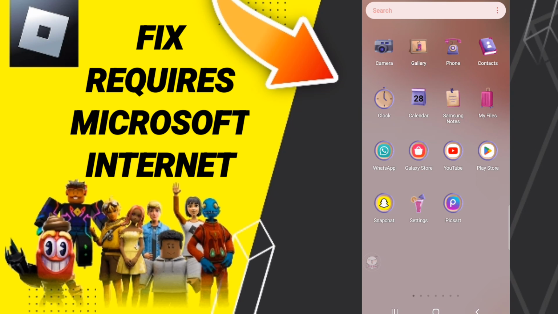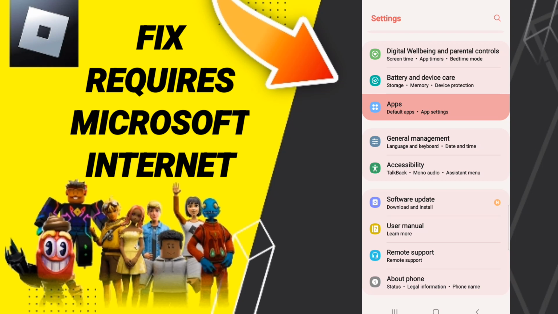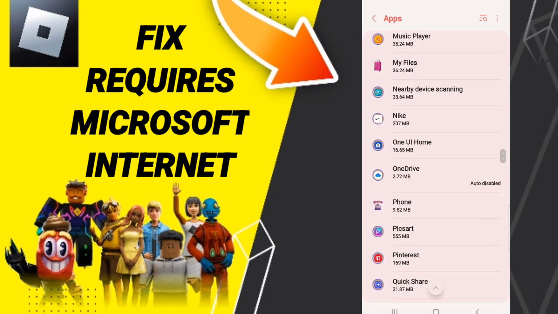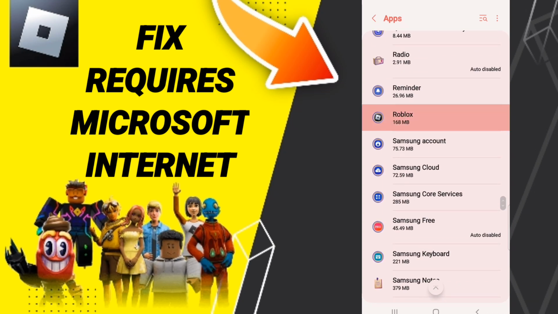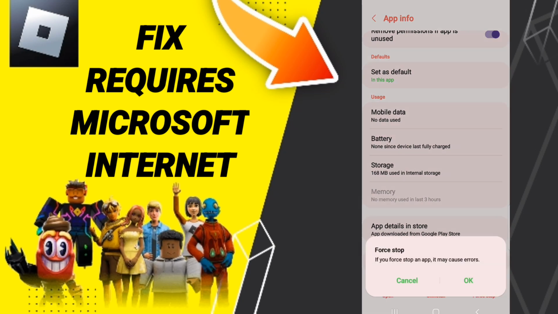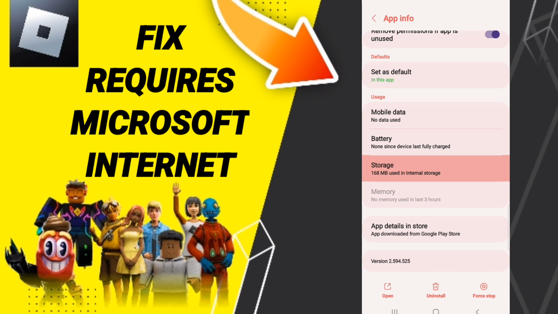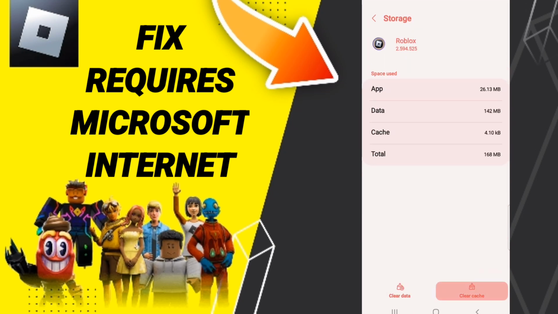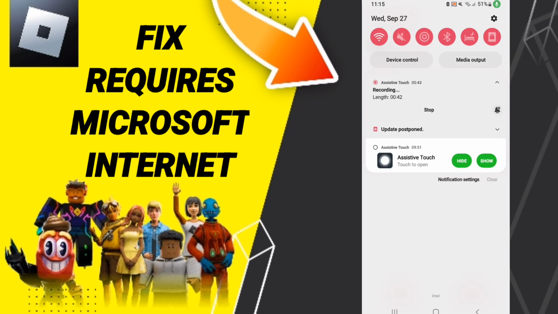To know how to fix or how to solve Roblox requires Microsoft Internet Explorer, you should just go to settings. Here in this page you click apps, default apps, app settings. When you find this page you will enter Roblox. When you find this list of app info, you will click on force stop and you will click OK. Then we click storage. Here we click clear cache, and in the end you can turn off your Wi-Fi to